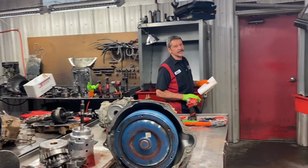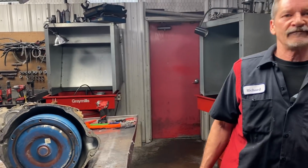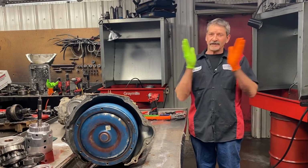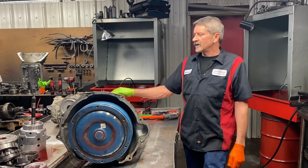We got Jason Duffy's '96 Dodge in here. 4-wheel drive, 12 valve, 600 horsepower, farmer. I'm telling you, he's getting his cattle to the market, let me tell you, and he's doing it right. We got his 241